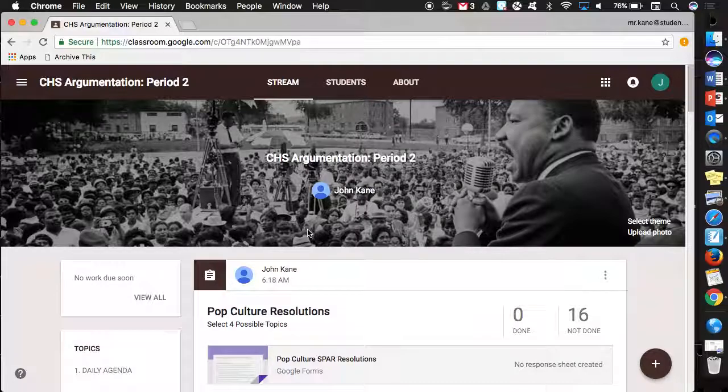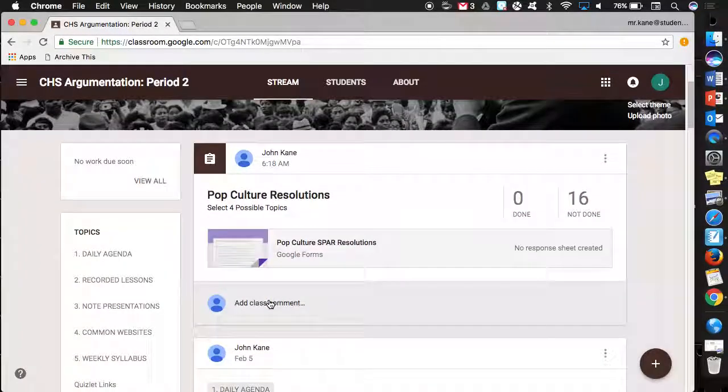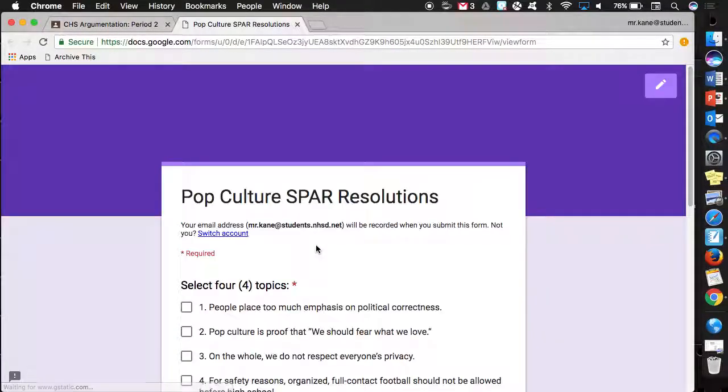I appreciate that you have signed into here. Starting pretty much now, we're going to be using Google Classroom a little bit more frequently, just with some assignment stuff that we're going to do. The very first thing up at the top says Pop Culture Resolutions. Mine might look a little bit different from yours since I'm the teacher, but click on where it says Pop Culture Resolutions, next to the little preview button, and it should open up the Google form, where here